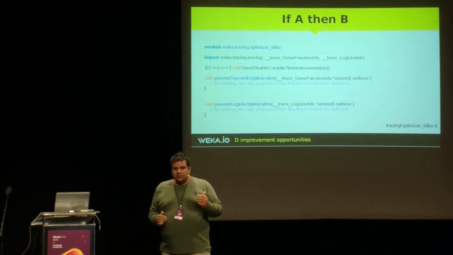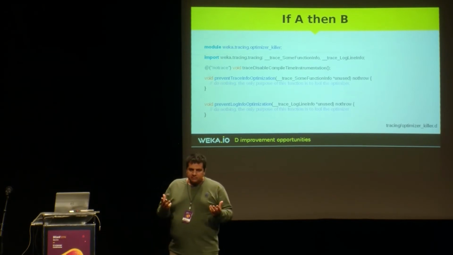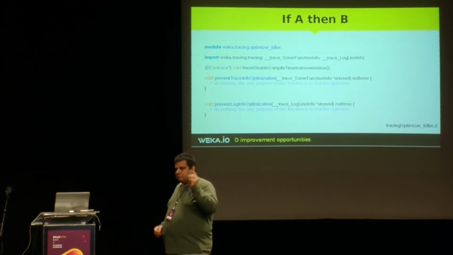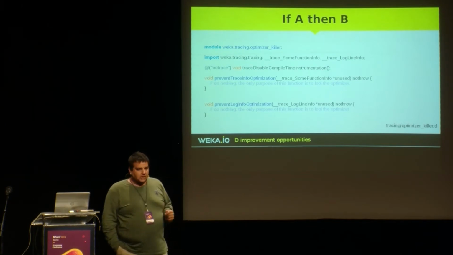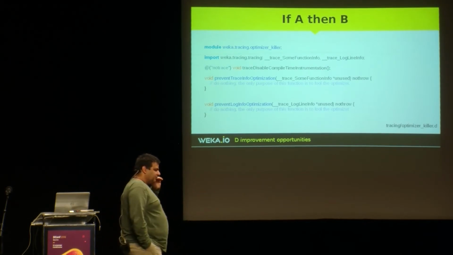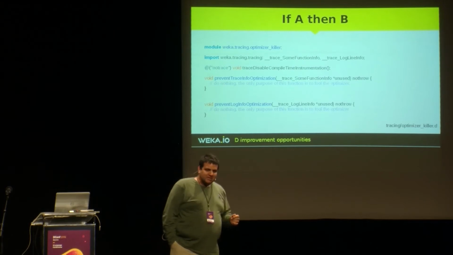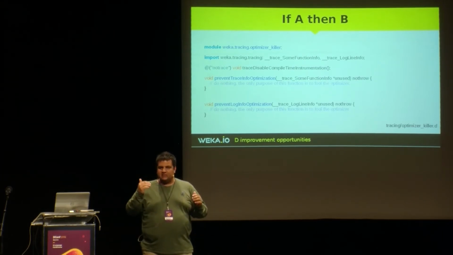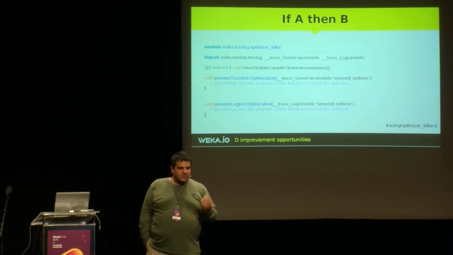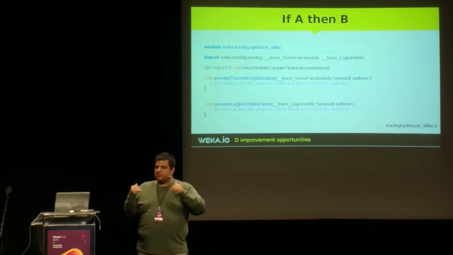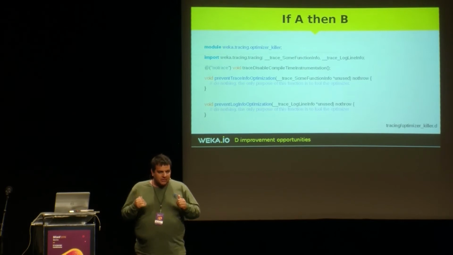And in order to do that efficiently, each function gets a unique identifier, which is an integer. And this integer is stored in the read-only section, and the integer is filled in. Since you can't do modification in CTFE, this integer is filled in by a post processor for the binary,